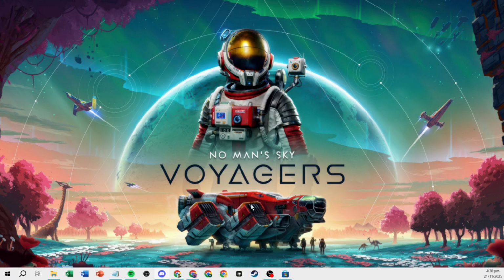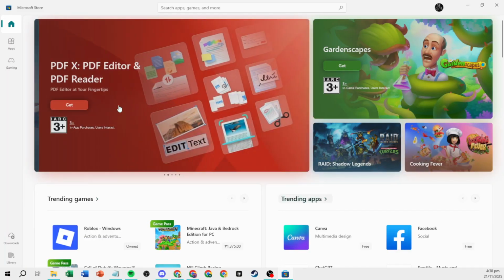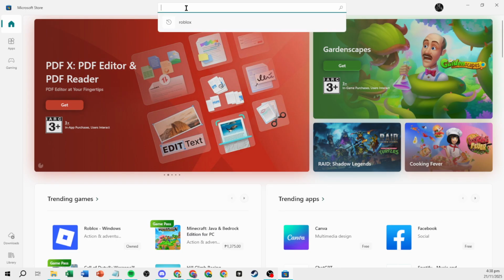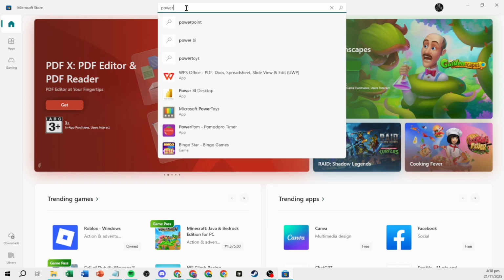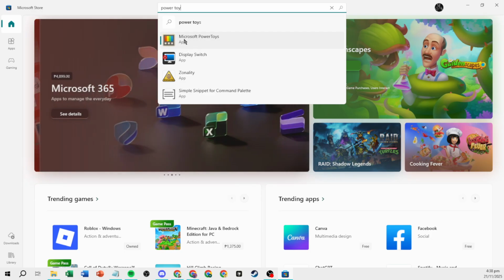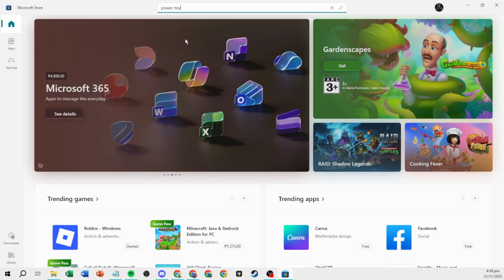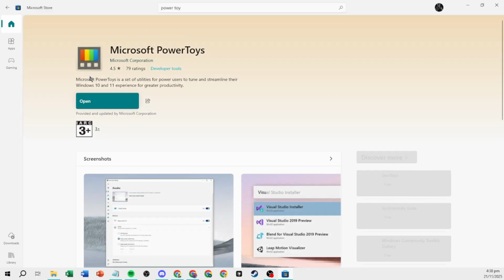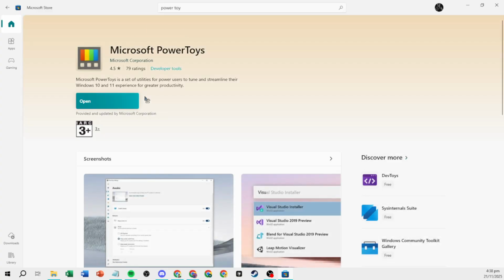Let's get started. First, open your computer and navigate to the Microsoft Store. This is where we'll find the essential tool needed for this task. Now, within the Microsoft Store, you're going to use the search function to look for Microsoft PowerToys. This suite of utilities is incredibly powerful and a great friend to anyone who spends lots of time customizing their Windows experience. After you've found Microsoft PowerToys, the next step is to click to install it.